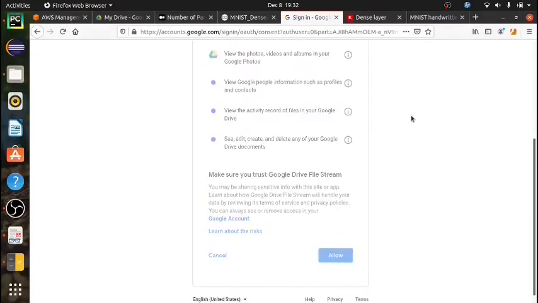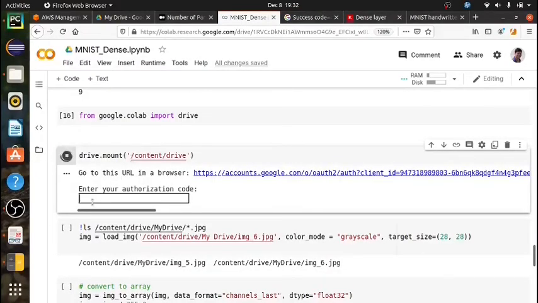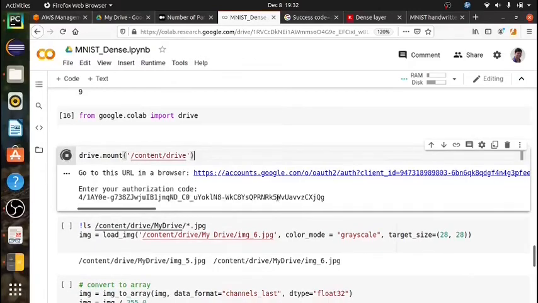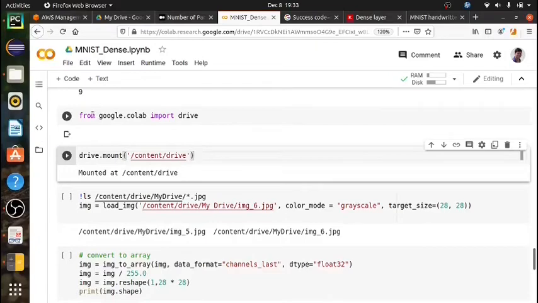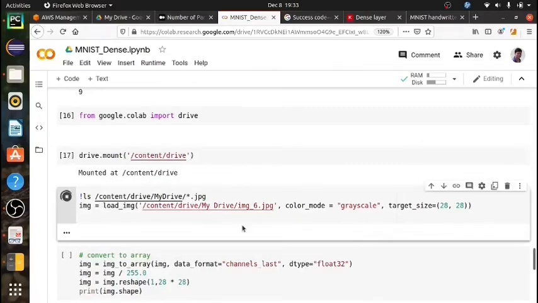In order to read the contents from Google Drive, there are some steps which need to be followed, like you have to mount the drive. So this is what I have done in this step: from google.colab import drive and drive.mount. Now I can read those images.